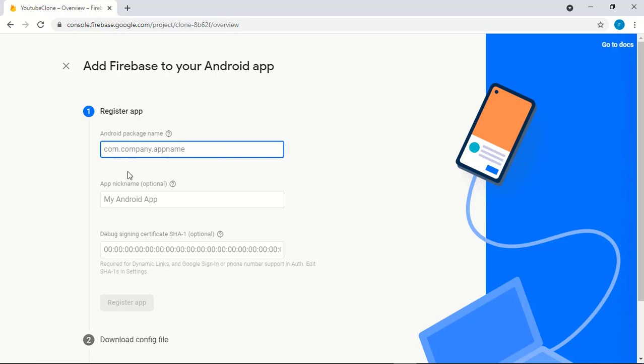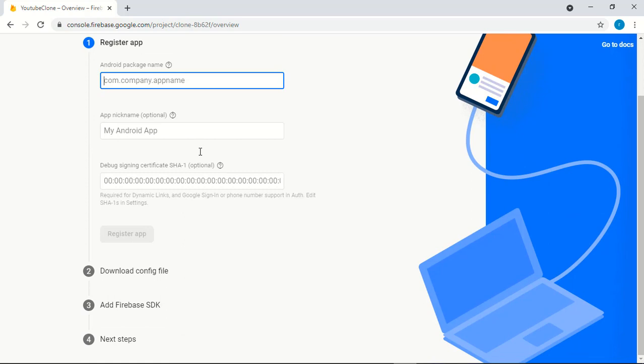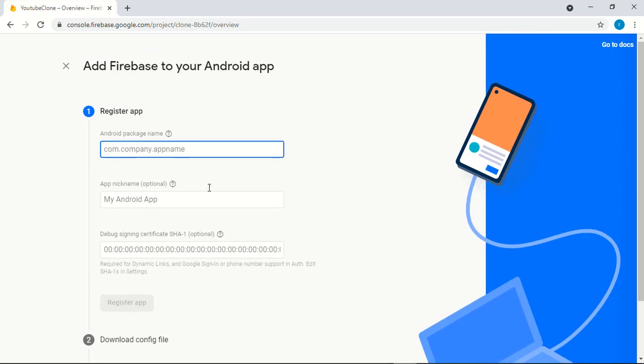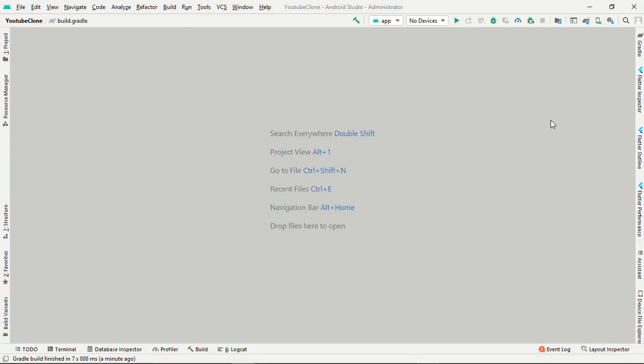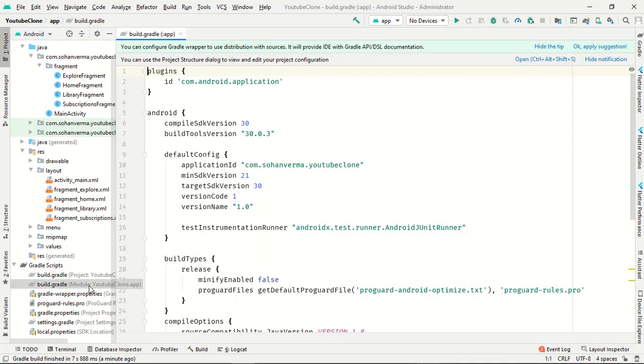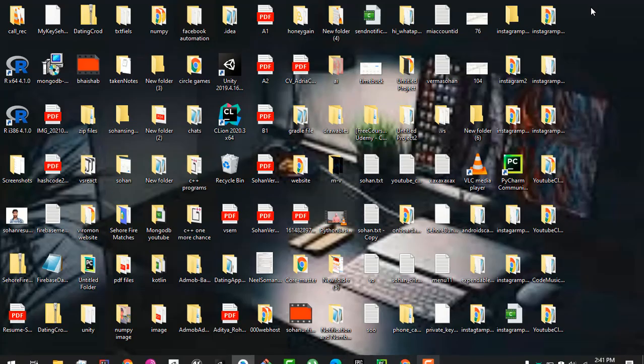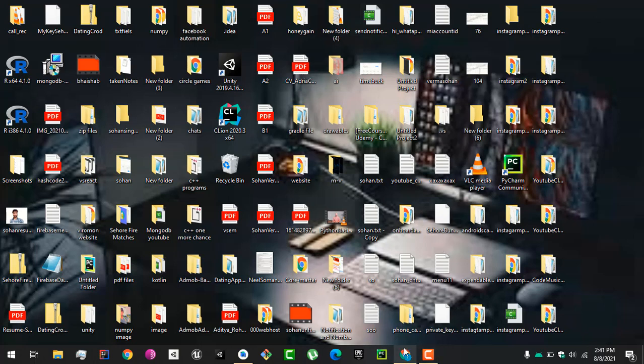Just cut this down and open your Android Studio, and I will show you. Okay, so I am here in my Android Studio. Go to your Gradle file and copy your application ID, and paste it in your Chrome browser.